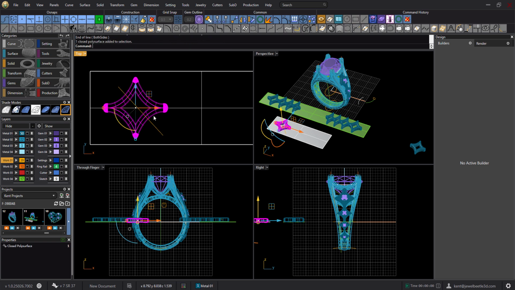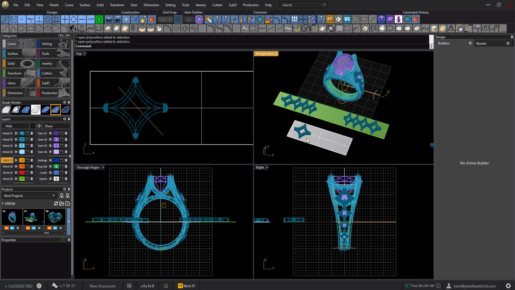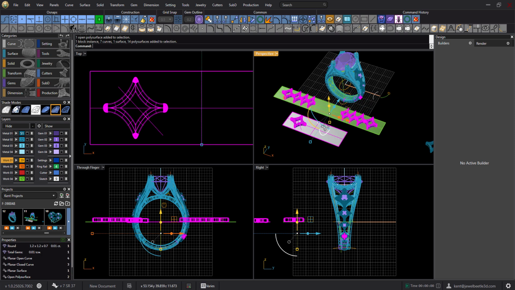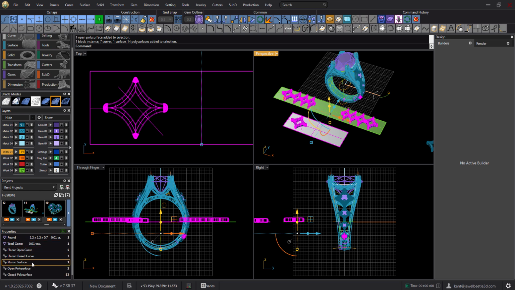So let's pick this one, and I'm going to say U get split by U, and so now that is split. Okay, so let's come over here again, and we're going to select these items. The way the properties works is it takes inventory of whatever you clicked on, and I have planar curves, planar closed curves, but the one I'm really interested in is I have 2 open surfaces, poly surfaces, and I'm like, oh, which